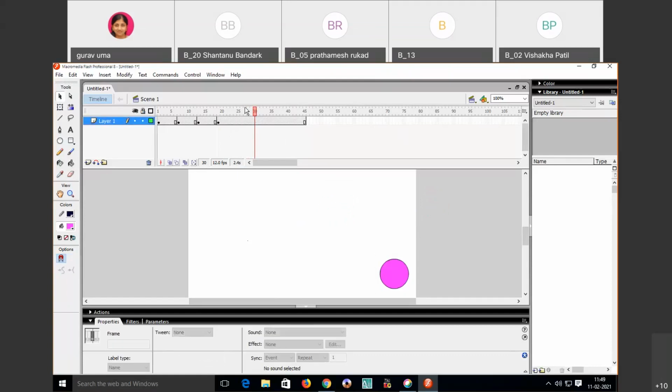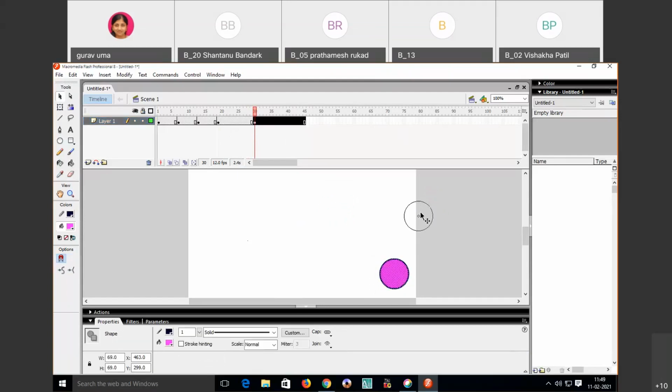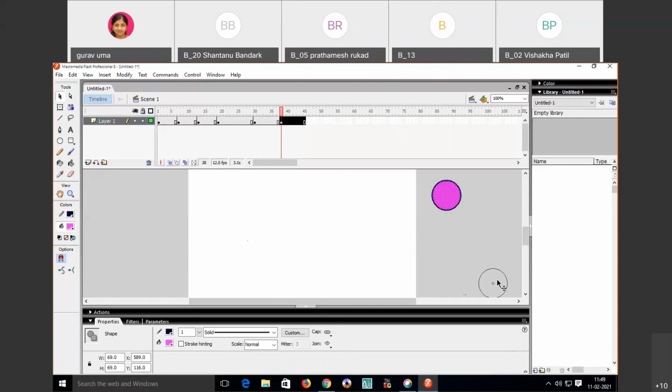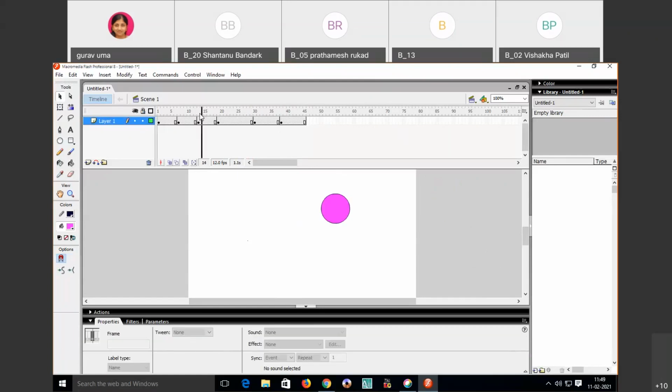This means you first have to set a keyframe: click on F6, then select the object and move the object. Again I will click on F6, select the object and move it to the downward position. Now I have made these pictures.